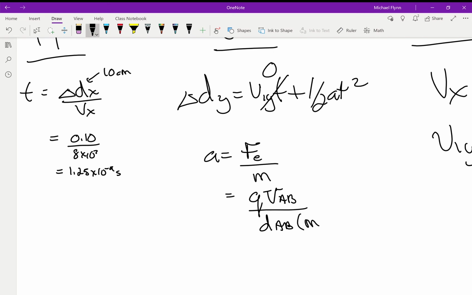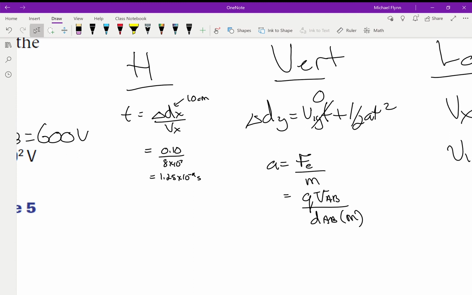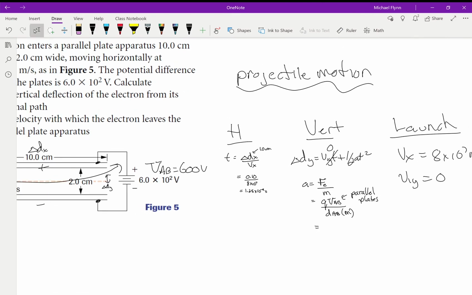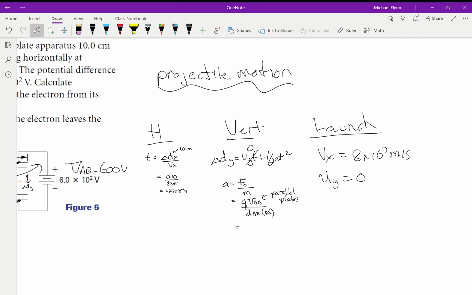Now, that's the electric force. The mass is new in that equation because I'm dividing everything by the mass. And this is from parallel plates, okay? And what you do is you plug these numbers into the equation and away you go. Okay, so it's going to be 1.602 times 10 to the negative 19 times the voltage. The voltage is 600 volts divided by